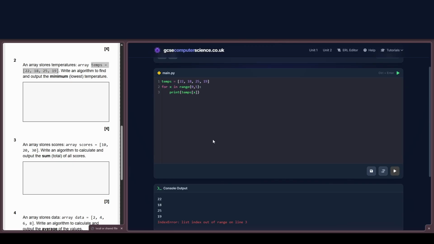Why do we get out of range? Because there is no 4th location. Undo that. So length. Now let's do the same thing here. We're going to say